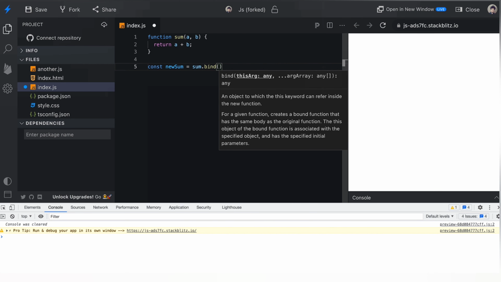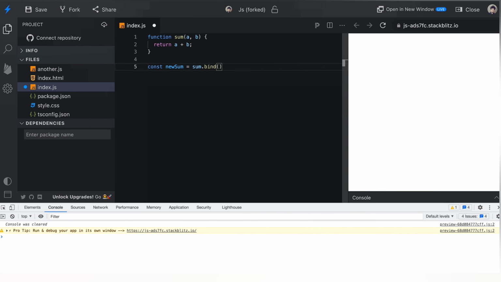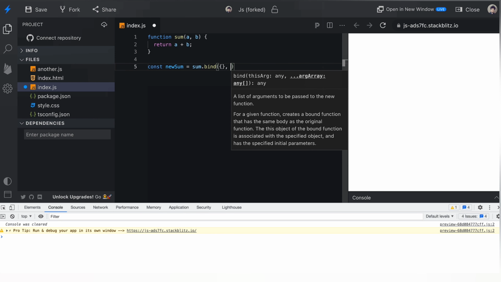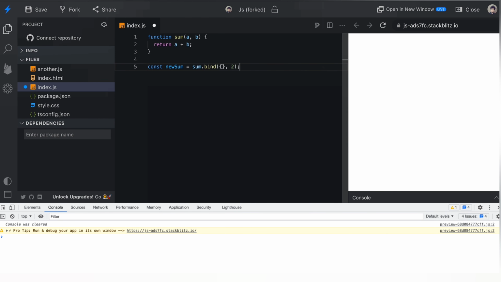For bind, for the first argument you have to pass the context, what context you want for the function for which you are binding. So you can pass this, or you can pass any object, whatever you want. Okay, and you can pass the first or second argument, but for now we are just passing one argument. That one is the first one.